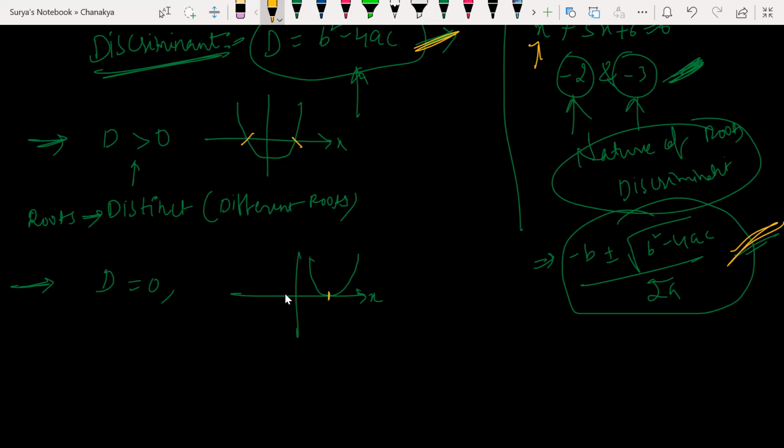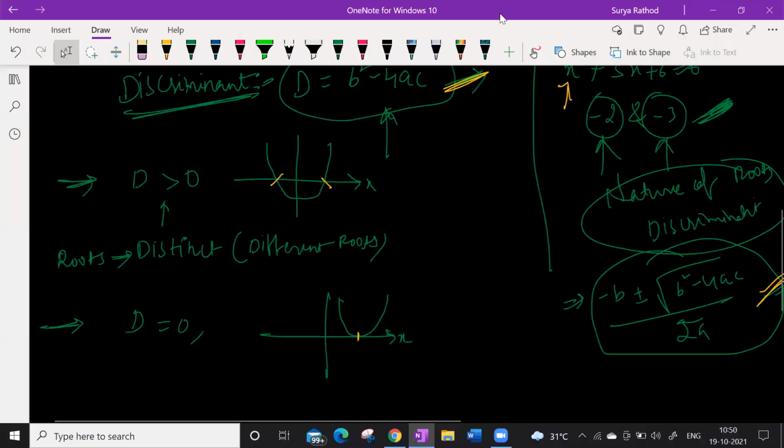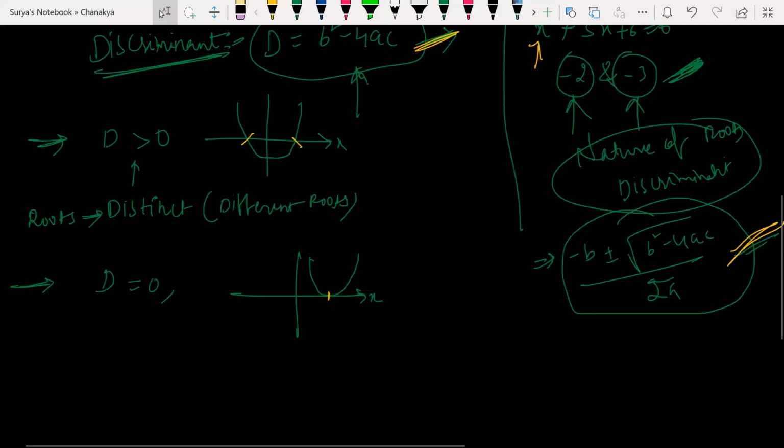The given parabola touches the x-axis at only one point, which is called a single point here. So when does it happen? It happens when the discriminant is equal to 0. अगर discriminant 0 के बराबर होता है तो पैराबोला एक्स एक्सिस को एक सिंगल पॉइंट पे टच करेगा. किधर? एक्स एक्सिस पे. आया समझ? So this is what you need to understand here.